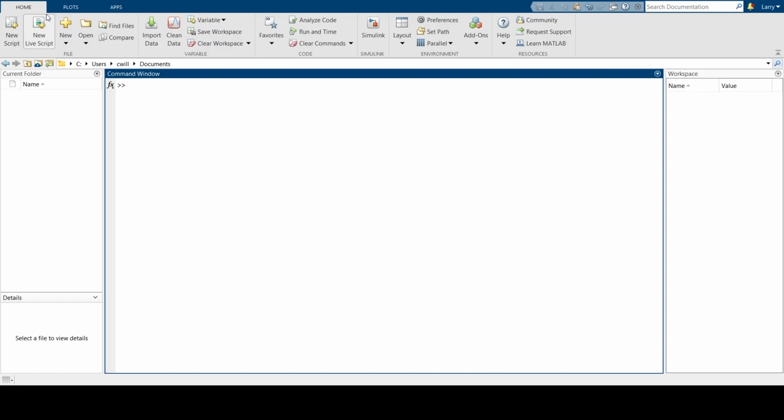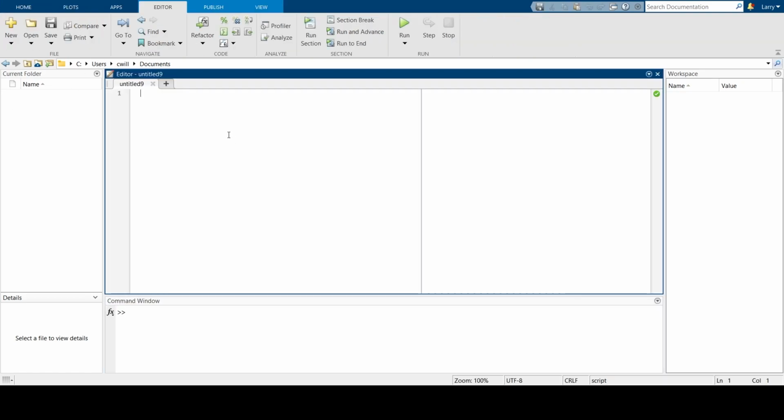So to actually go to the interface to write code, we need to click the new script option, and this brings up the editor. This also, as you'll see, has opened up a new ribbon up top, the editor ribbon, in which you can manipulate the code that you write directly into the editor. And so now that we have the editor tab open, you need to familiarize yourself with the three main features. The three main features of the MATLAB window are the command window,